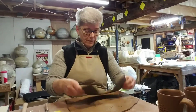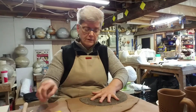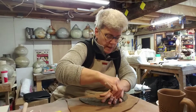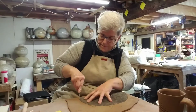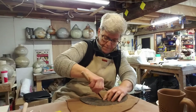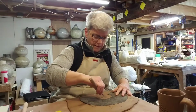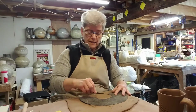So I'm going to use my template again, figure out which direction I want that to go. I'm going to take my knife and cut all the way around, being careful to follow the seam as best I can. The edge of the template is what I mean. I'm going to cut down the angles on the sides. And if you follow those angles in, I could see that they go right into the center